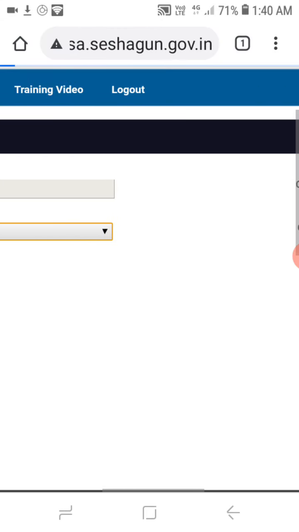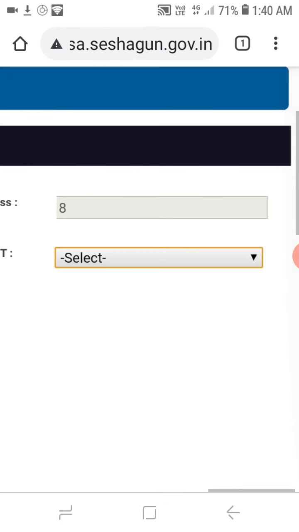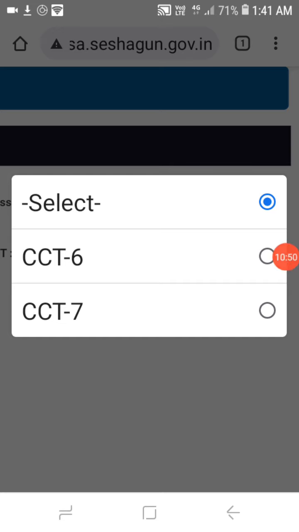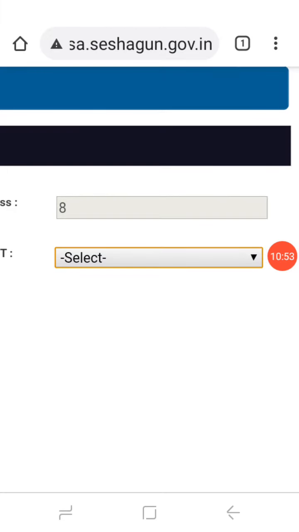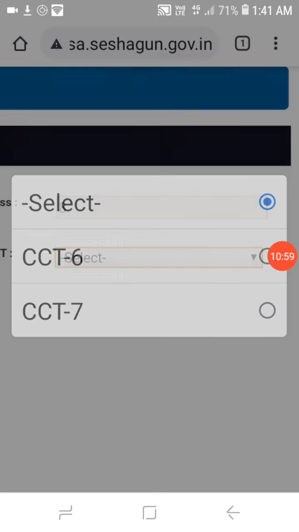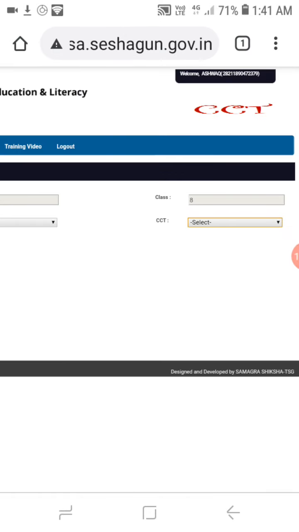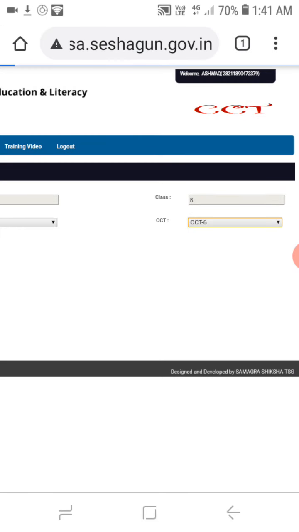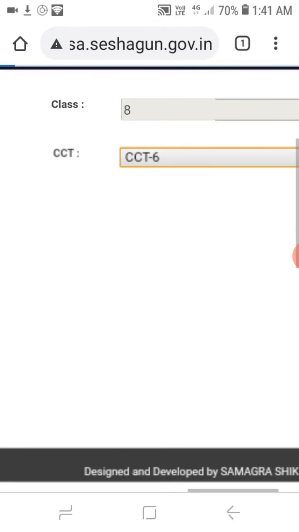Wait, it will display the CCT paper, and you select the CCT 6. Okay, here I am selecting CCT 6.